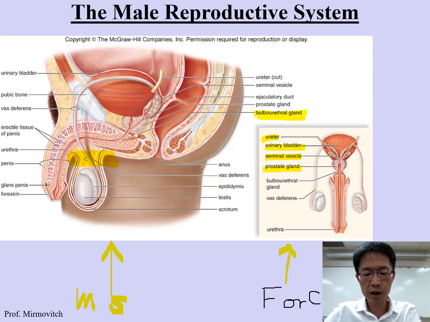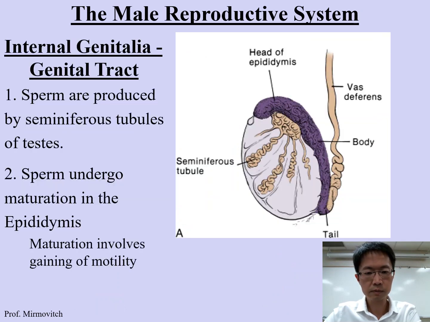The prostate gland is right under, or posterior to, the urinary bladder. And then you have the bulbourethral gland, aka Cowper's gland. Vas deferens is the old name; newer textbooks call it the sperm duct. The urethra is where both the urine and the sperm go through. So internal genitalia, genital tract, sperm are produced